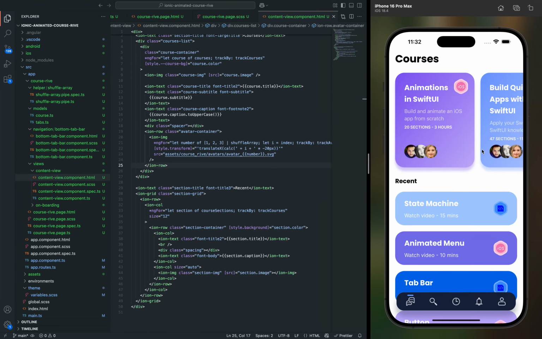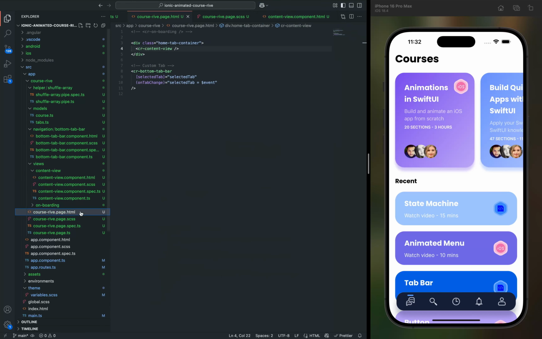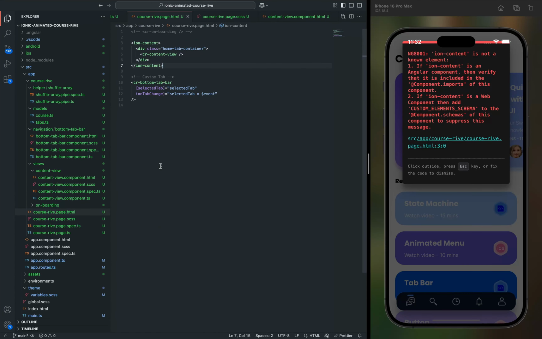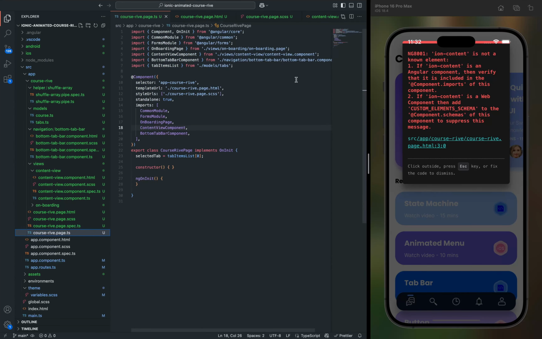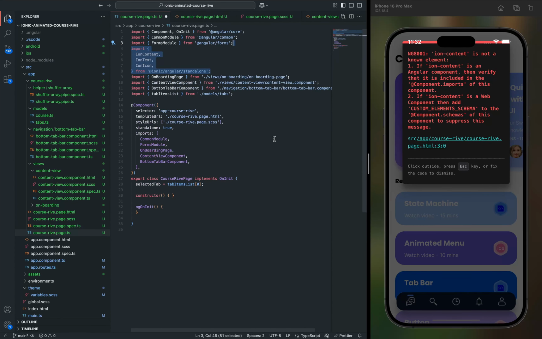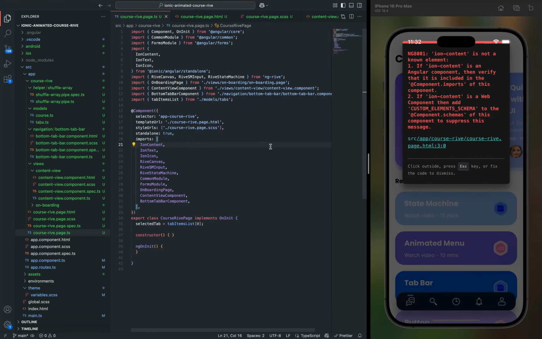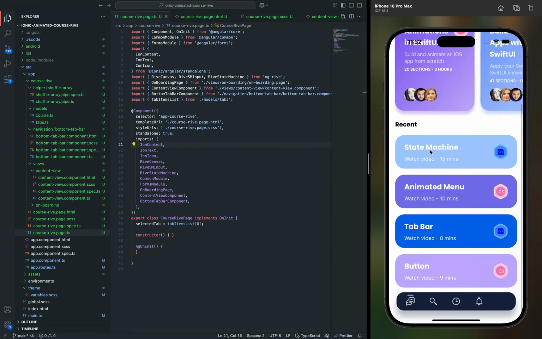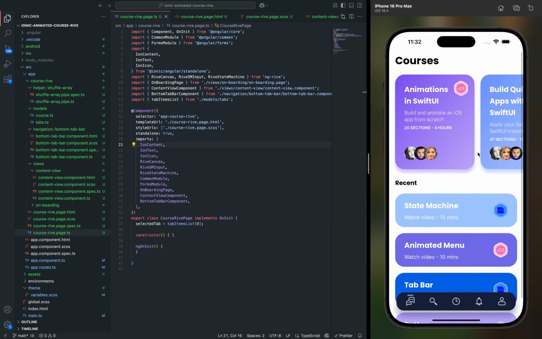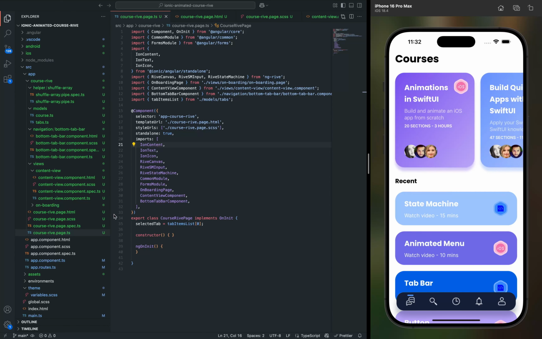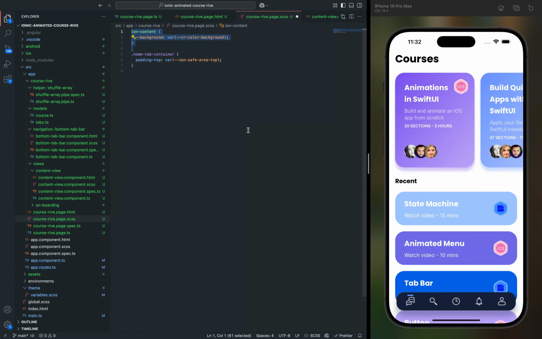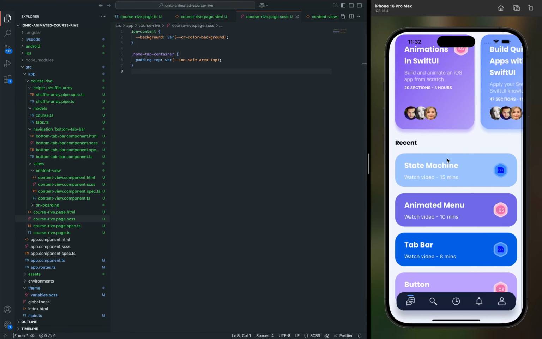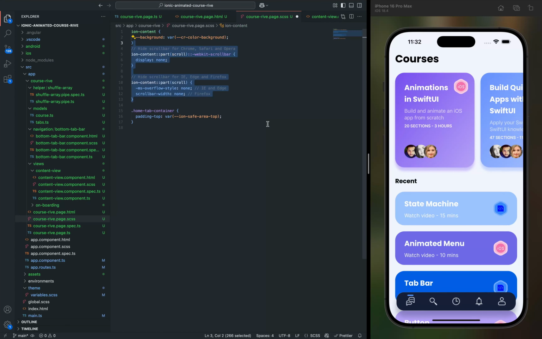You might also notice the screen isn't scrollable right now. So go back to the root course component and wrap the content in an Ionic content element. Make sure to import Ionic content from the framework. I will also import the other components we will need for this page. Now the screen scrolls properly. Next, we'll update the screen's background by setting it from our global theme, and we'll hide the vertical scroll bar